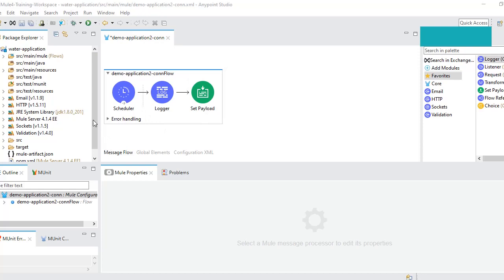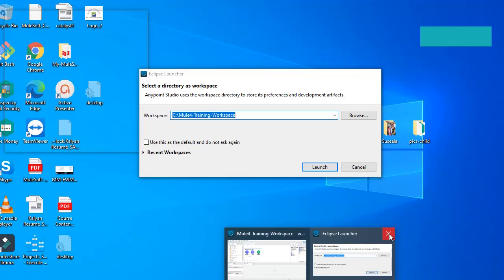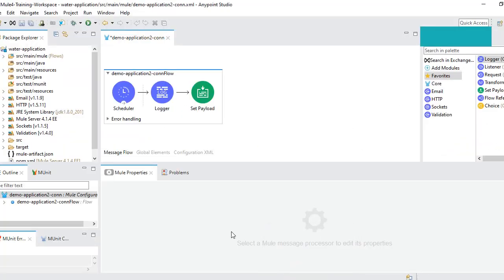Okay, to do that, I have built a simple application and I have deployed it in CloudHub using the Drinkwater application name. What does this application have? It's a scheduler. For every 1 hour it will trigger my flow, and it's a simple logger, and this is the set payload transformer I have used. I have hard coded some data here, just like please drink water.